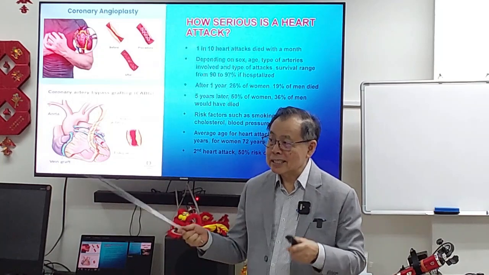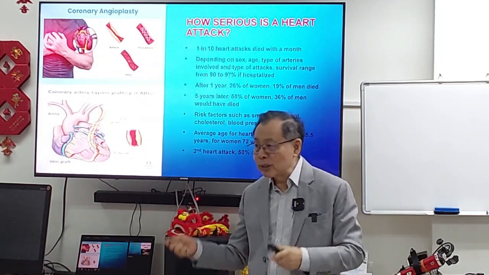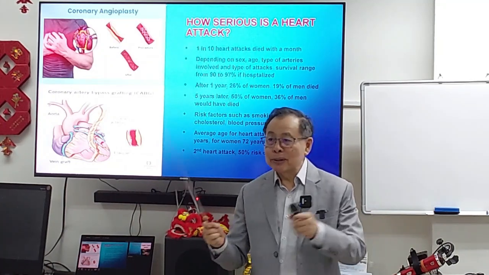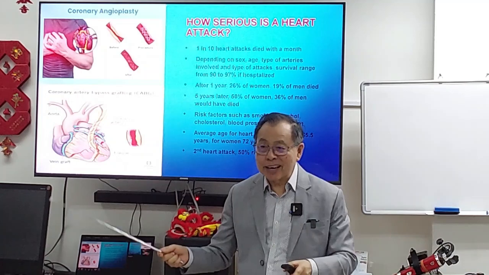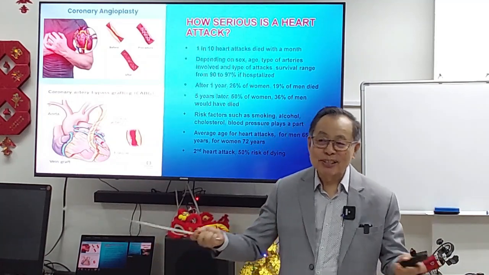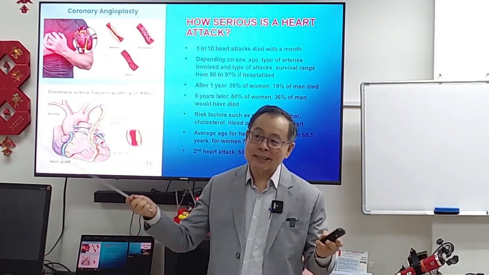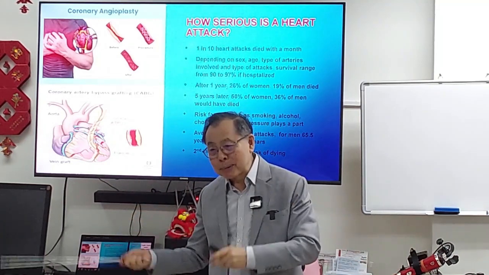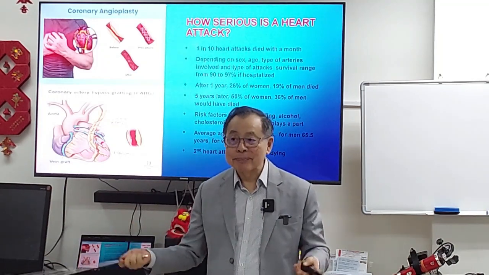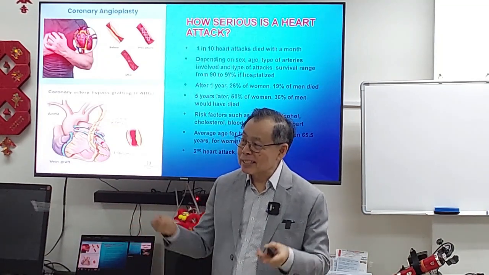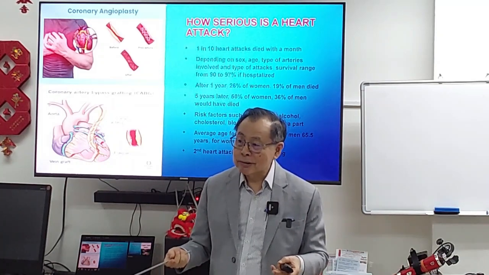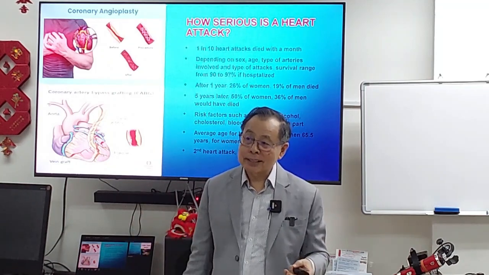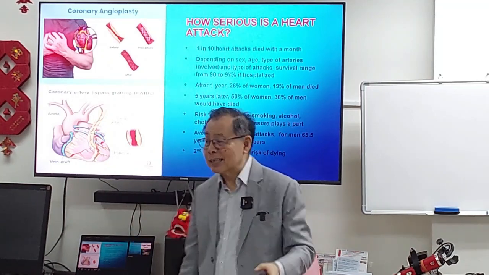How do you know it's a stable or unstable heart attack? You only know after you get admitted to hospital. The other way to know it is you will know if you survive or you didn't survive. So if you didn't get to hospital and you collapse and die suddenly, you have an unstable heart attack. Too late. You don't know, but other people will know. If you survive more than 48, 72 hours, after 3-4 days, and especially after a week you are still there, and the pain didn't get worse, you have a stable heart attack, if it is a heart attack.